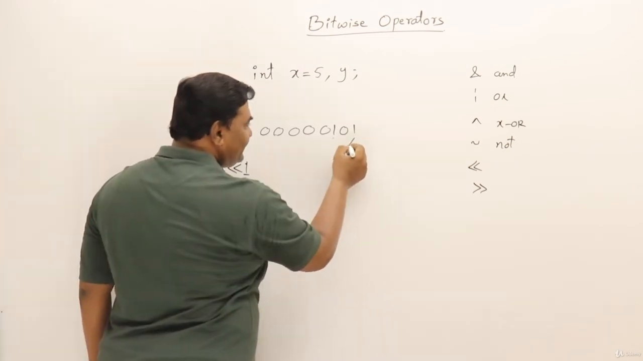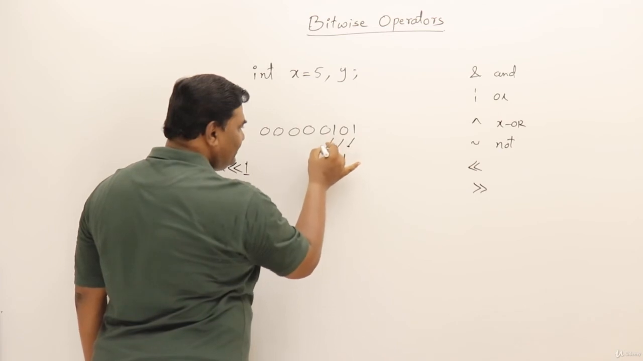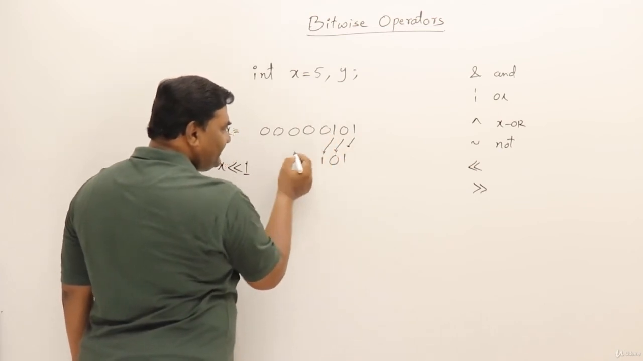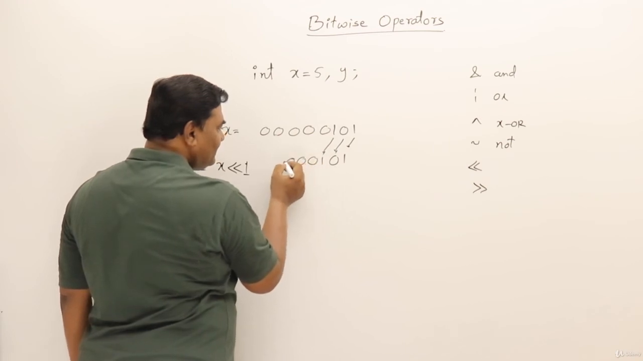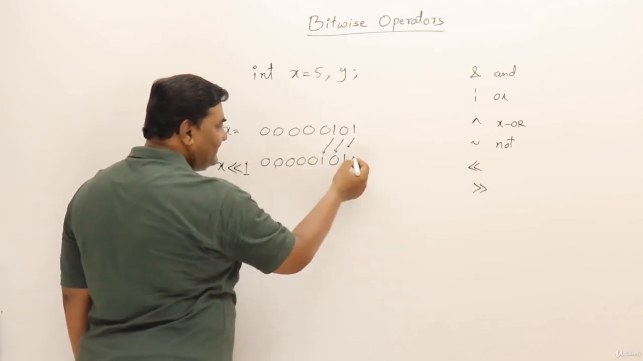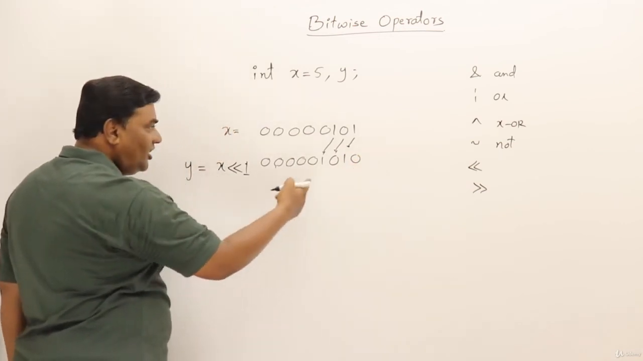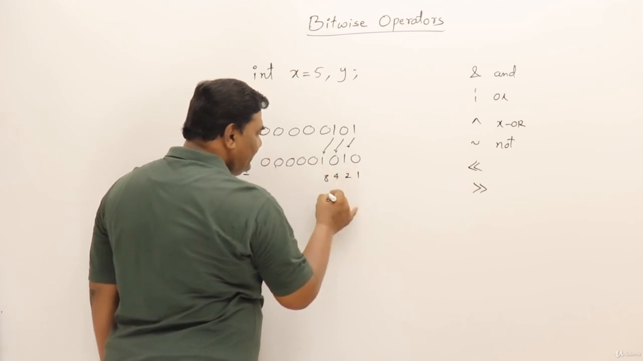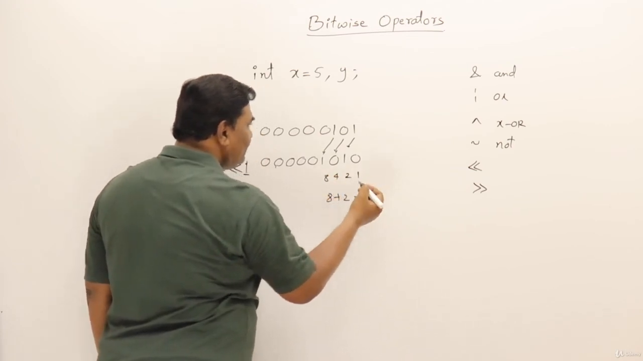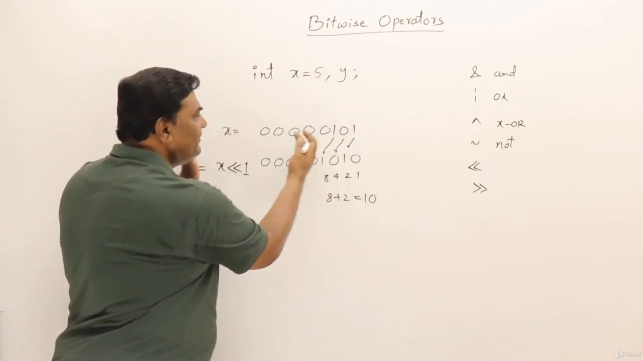Then this bit is shifted here, so this is 1, and this is shifted here, 0. This is shifted here, 1, and all the remaining 5 bits are shifted this side. This place is vacant now, so here 0 is inserted. Now how much is this? This is 1, 2, 4, 8. So this is 8 plus 2. This is 10. So actually what has happened is, when you shift all these bits to the left hand side